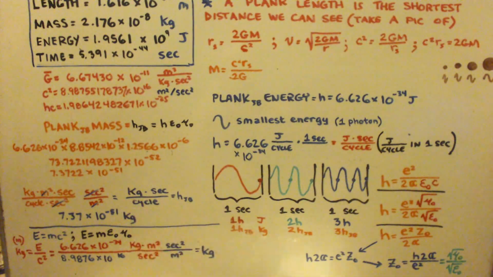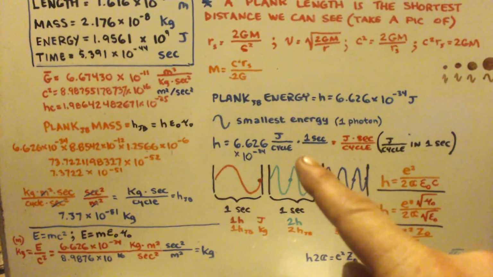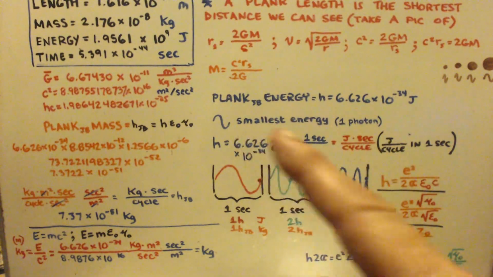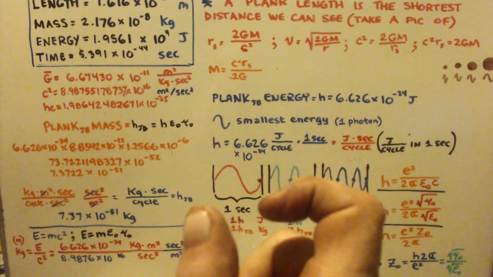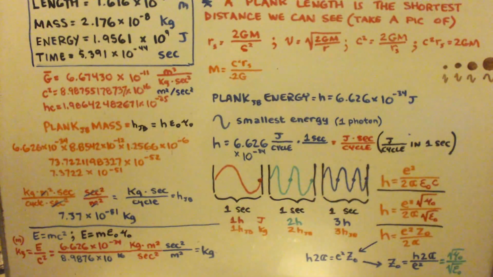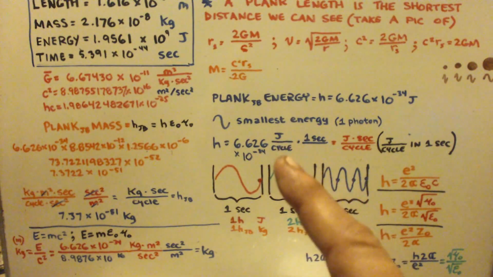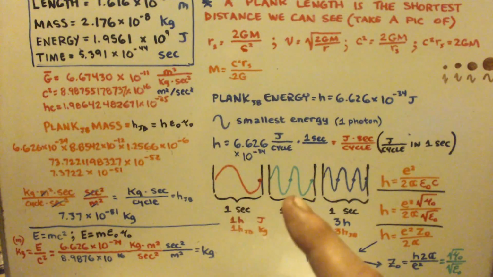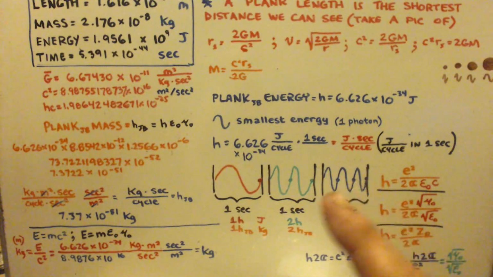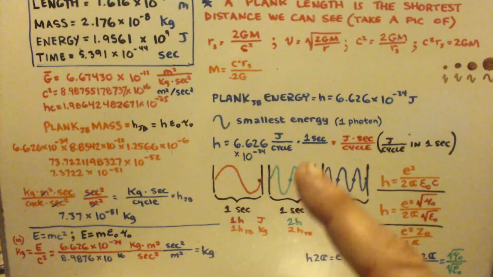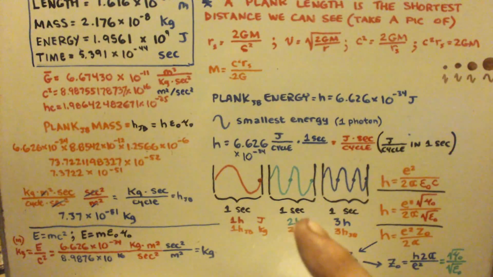It's this. It's a kilogram second per cycle. And you might say, well, what the heck is a kilogram second per cycle? It's the same thing as a joule second per cycle. It's the same exact thing. Just like over here, what did you do? You took 1 second, right? And every cycle you got this amount of joules for every cycle, right? Every one of these cycles here, all these cycles, right? So you got 1H joules here because you got one cycle. Here you got 2 cycles in the second. That's 2H joules. Here you got